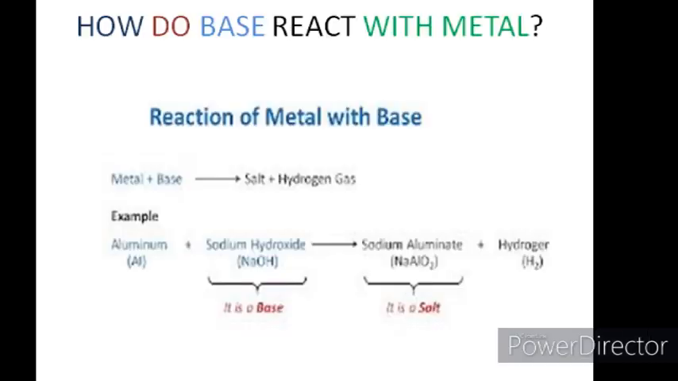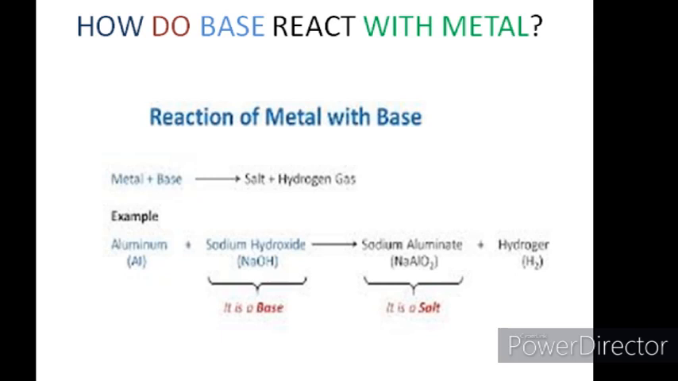Now let's see how bases react with metals. Just like acids react with metals, they produce salt and hydrogen gas. Similarly, when a metal reacts with a base, it will produce salt and hydrogen gas. Let's take one example. In this we have one metal, that is aluminium, which reacts with a base, that is sodium